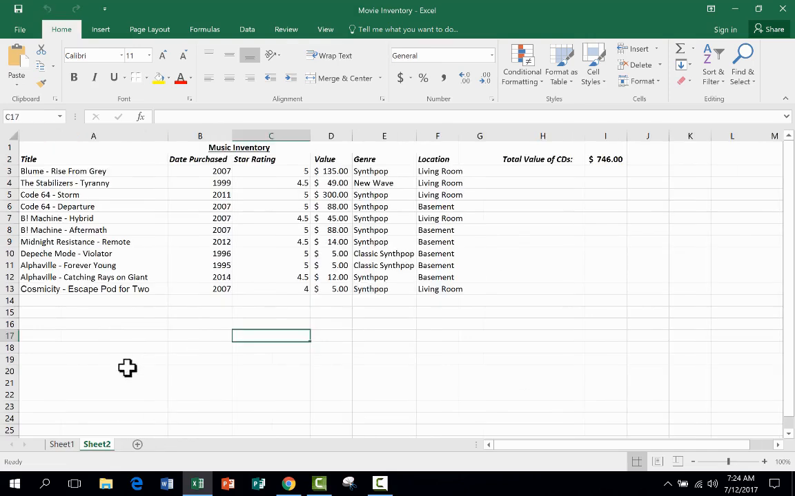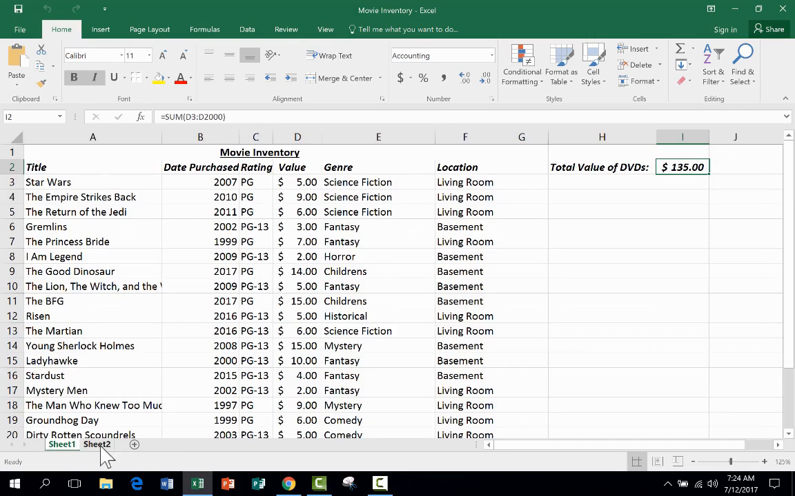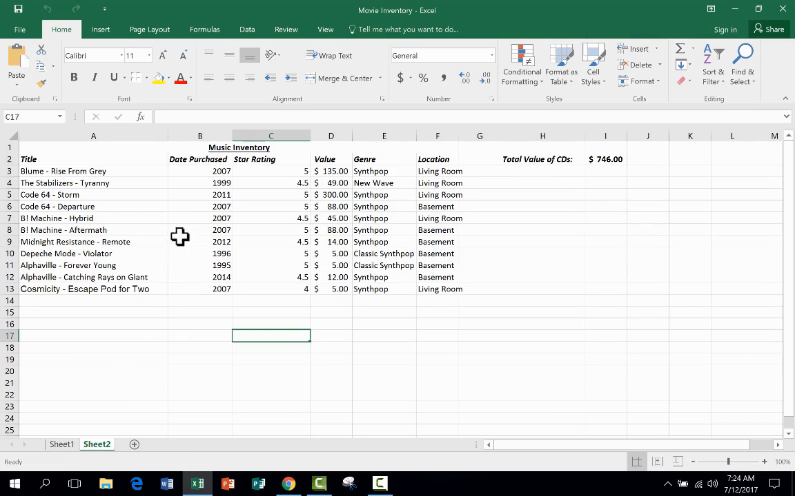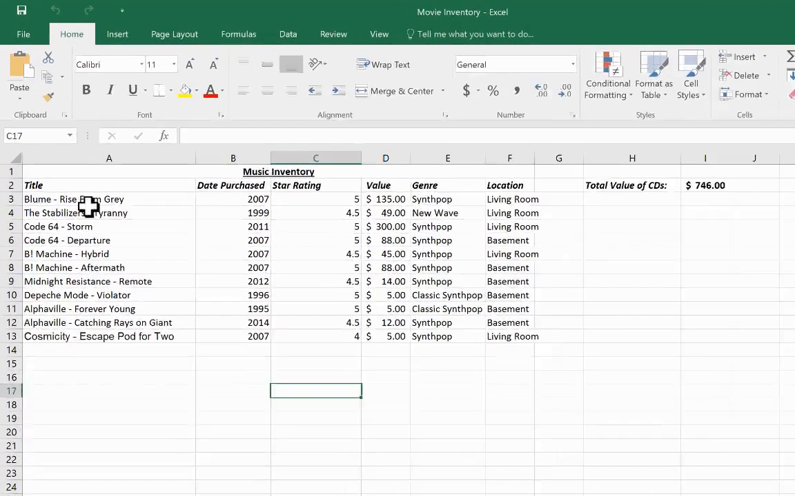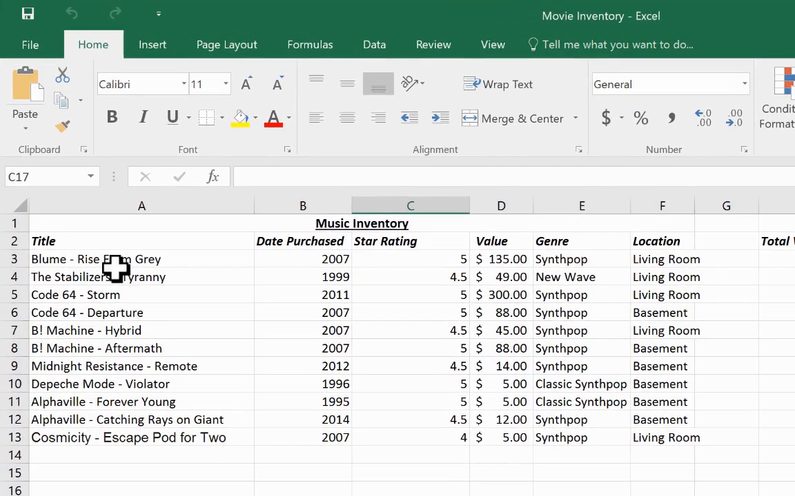I collect amazing music from a genre that I love called synth pop. And this includes classic synth pop like Depeche Mode, Alphaville, OMD, groups like that, as well as modern synth pop, including some underground synth pop like Bloom, Code 64, B Machine. This is amazing stuff that very few people have heard about, but incredibly good music if you like classic synth pop or new wave. And I also collect new wave CDs. So this is a partial list of real music that I do own, the date I purchased it, the rating I give for it, the current value of these items based on what collectors are willing to pay for them